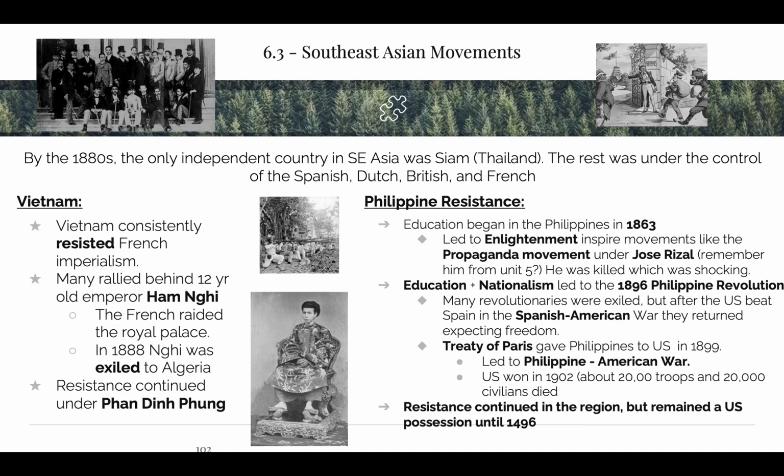The Philippines, I think, is really important. Okay, let me try this again. The Philippines belong to Spain. Spain will lose the Philippines in the Spanish-American War. They lose them. So who gets them? America. America gets them in the Spanish-American War.